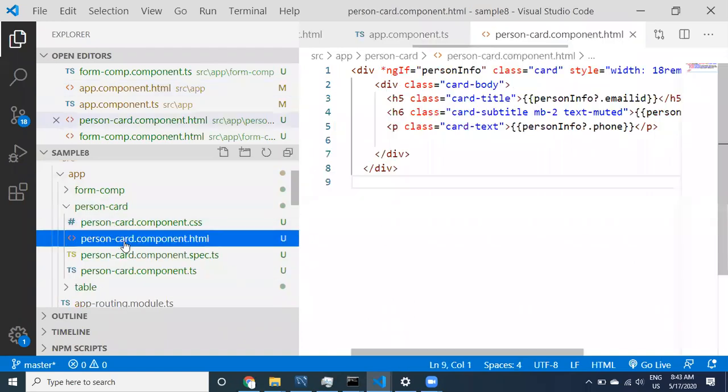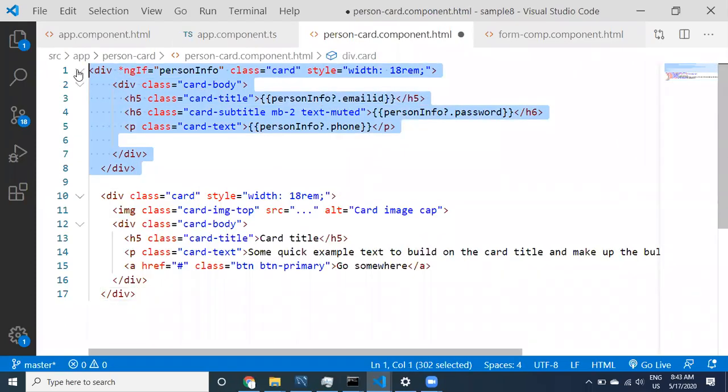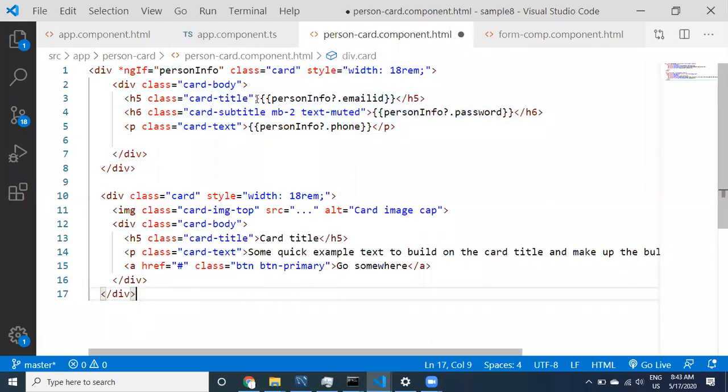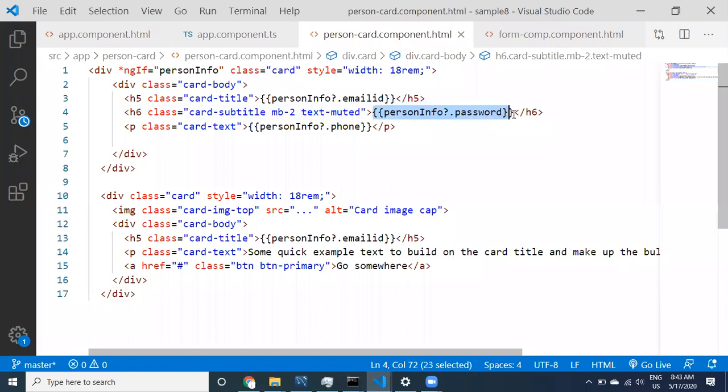I want to change the design of the person card. Let us go to the HTML. Here I don't want this old one. This is the old one, this is the new one, right? And then I just want to copy paste this information from old to new. This is going to be the card, and then the subtitle. The subtitle is not available here, right? Fine, no problem. The text is going to be the primary, this is the button, right?